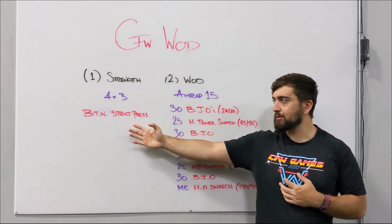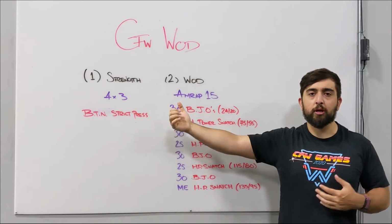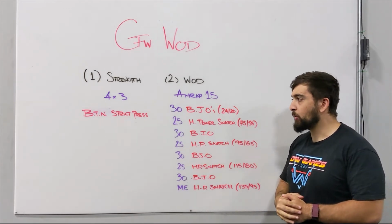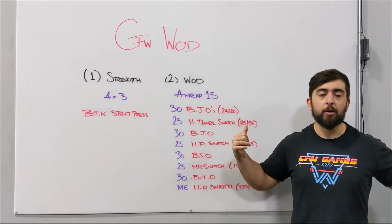Because we're going to be doing hang power snatches in the workout, we're going to be finishing in the same position overhead, and we want to make sure we're engaging those muscles and strengthening those muscles before we get into that workout. So for the behind the neck strict presses, guys, before you try to press that bar up, really